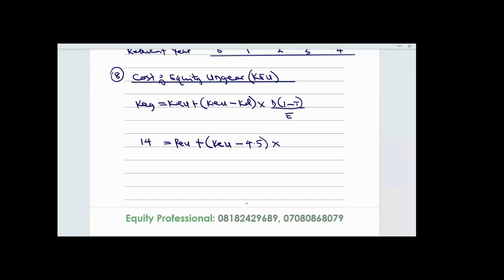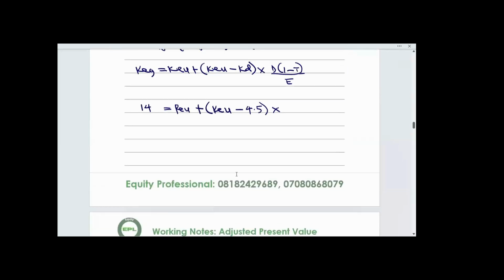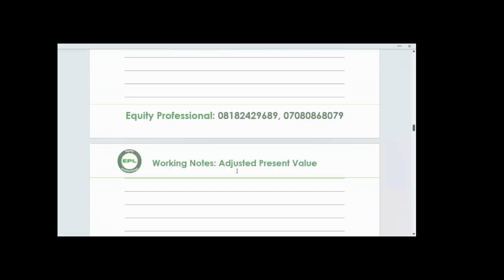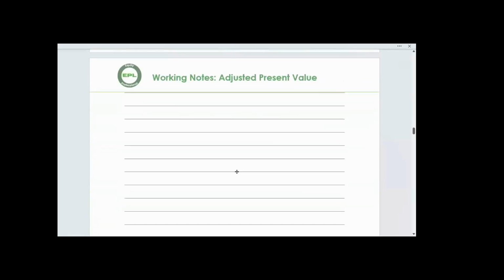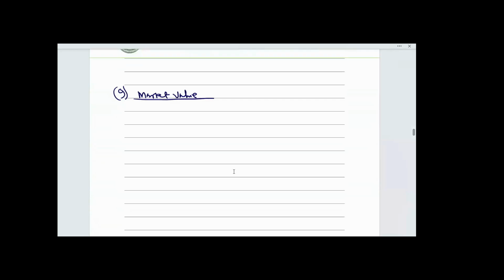Okay, then multiply by, I need debt and equity value of the proxy company. It's not given to us, so we need to go and work it out. Debt and equity value. Okay, that will be working number 9. Working number 9, I want to calculate market value. Okay, so equity value denoted as E is calculated as share capital,